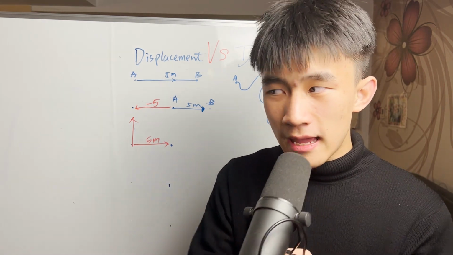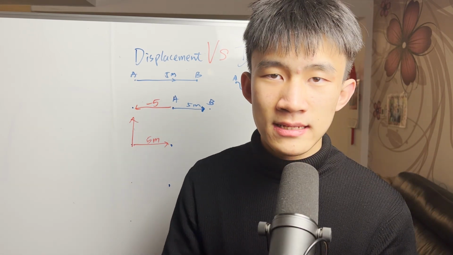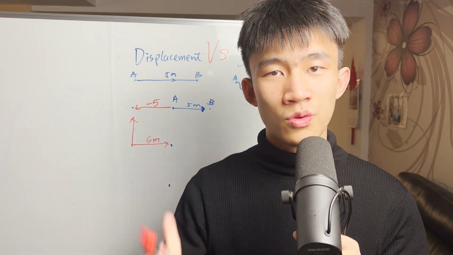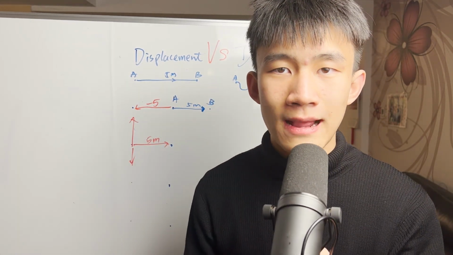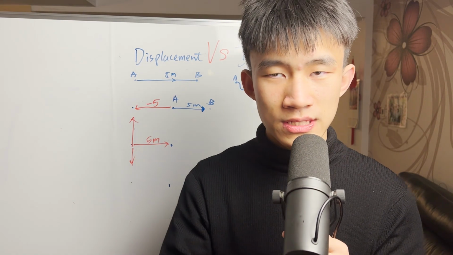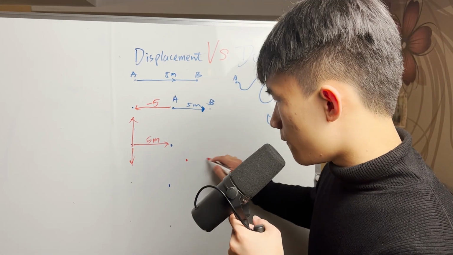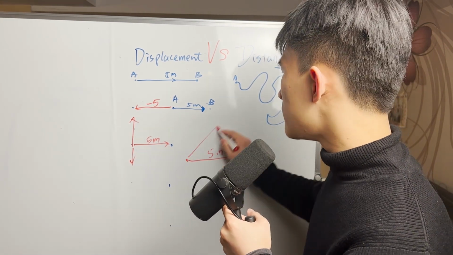So, when I say my displacement is 5 meters to the right, I'm simultaneously saying my displacement is 0 meters to the north and 0 meters to the south. Alright, so I want you guys to know this. Now let me ask you a question. If my displacement is 5 meters to the right, what is my displacement